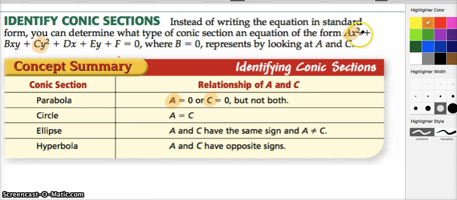In a circle, A and C would be equal. Let's think about A and C in this case. So in a circle, A and C would be equal. What does that mean? Now, if you remember that example we talked about just now,